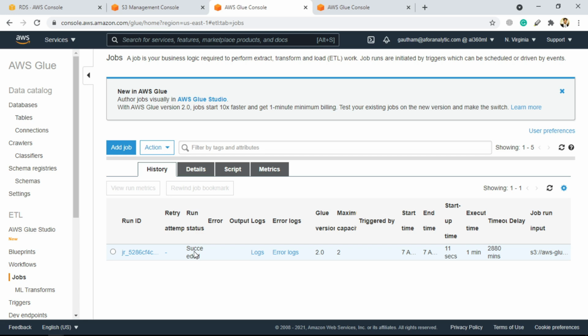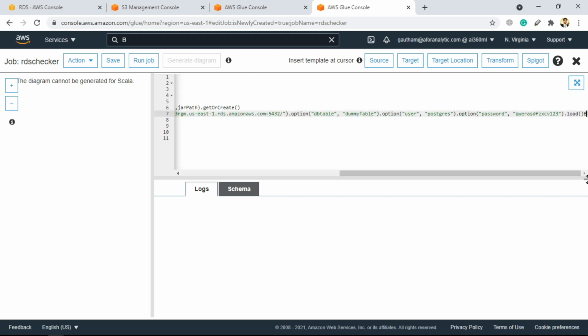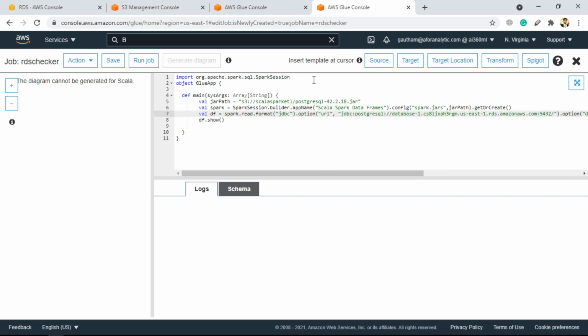So that means that our job went perfectly fine. It read the data from the S3, it loaded the data in the RDS, and our ETL pipeline worked perfectly fine. Now let's see what we are actually getting inside the RDS. We will read data from the RDS and display it over here. So again, I will just pause the video, paste this code over here, and then we will go through the code together.